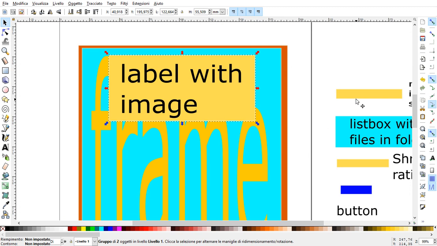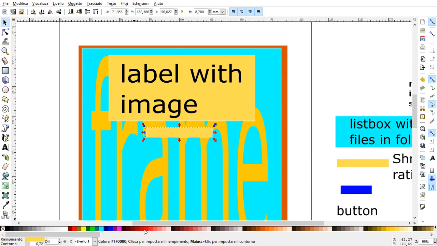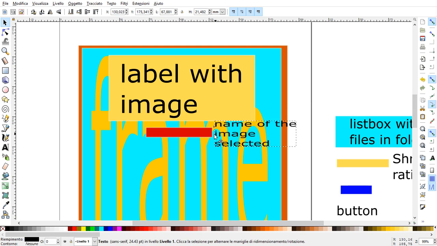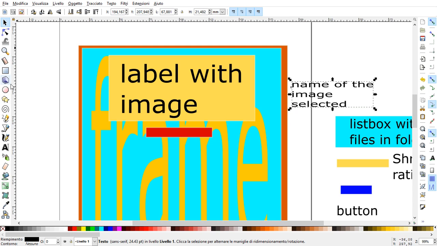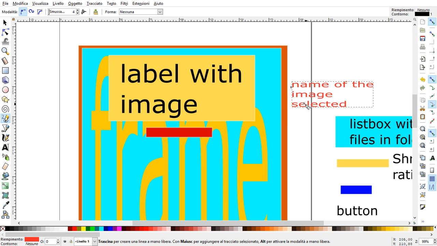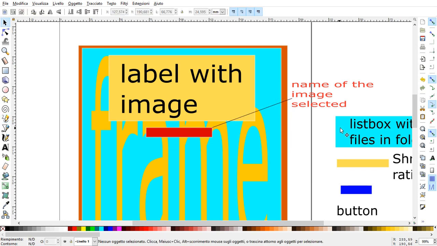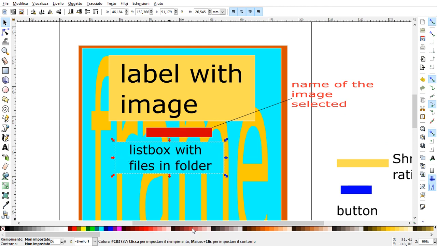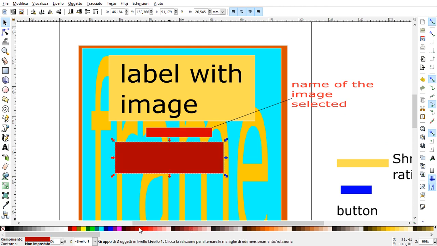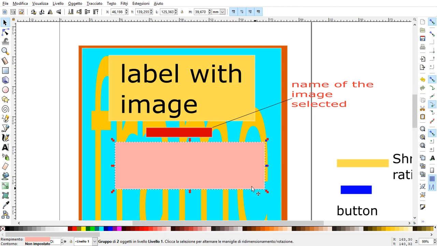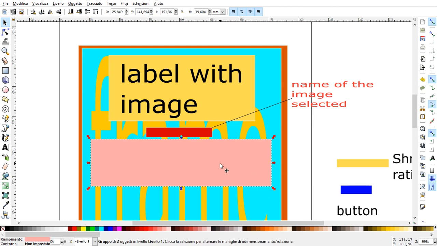and then under this we are gonna put the name of the image selected. Selected by what? Selected by the list box that we will have under here, the list box with the files inside of it, and